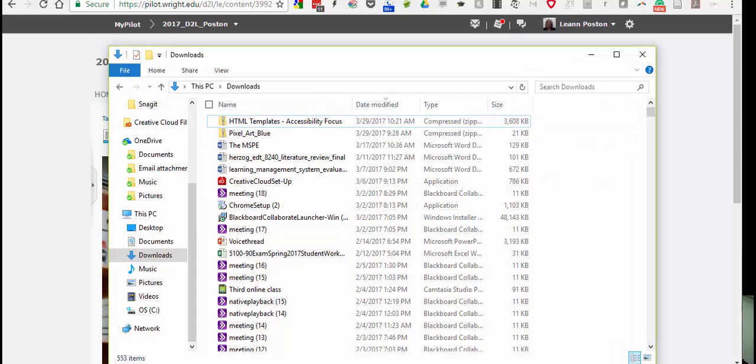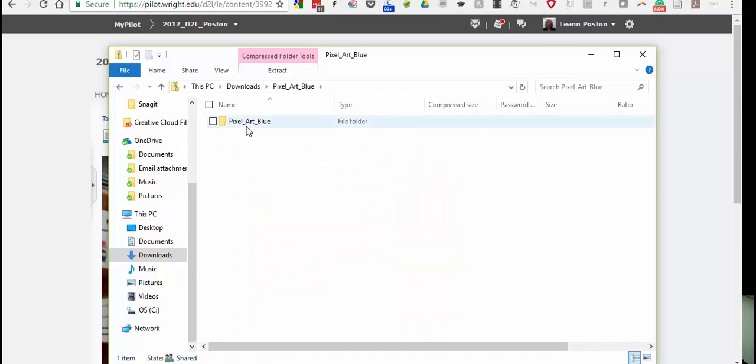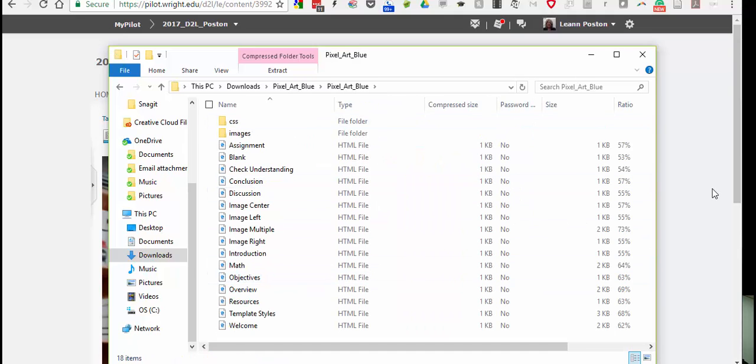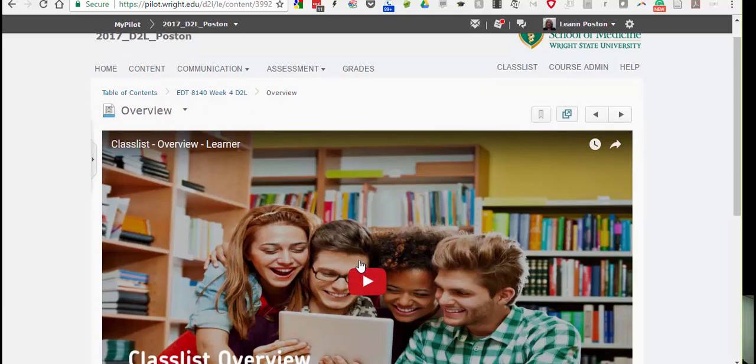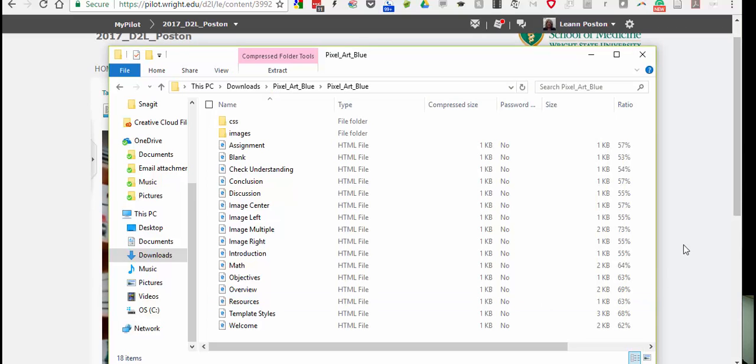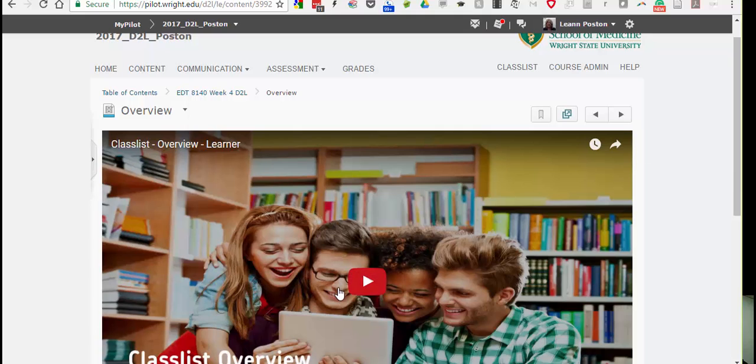So I have already gone and downloaded those HTML templates. And there is a link on my website to get to it, but Brightspace does provide these templates under its community as a shared resource, shared files. So you can see that I have them here, and the first thing you're going to have to do is extract them or decompress them or unzip them. After you do that, then you can go down and look at all of your options,